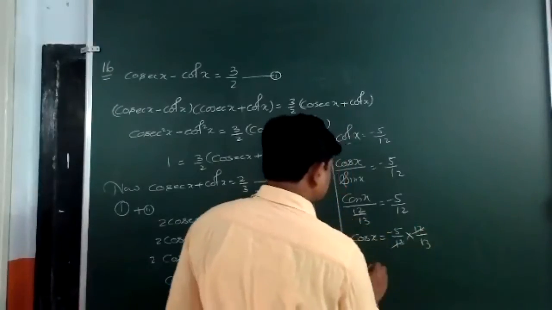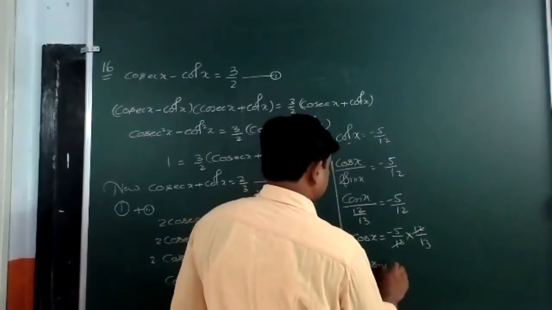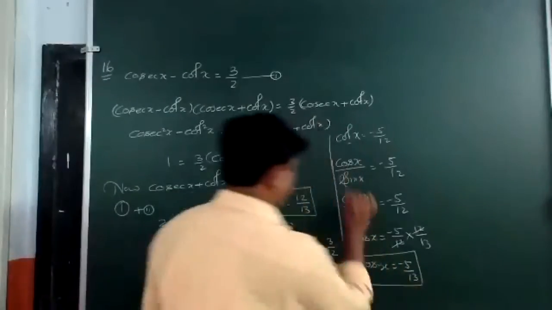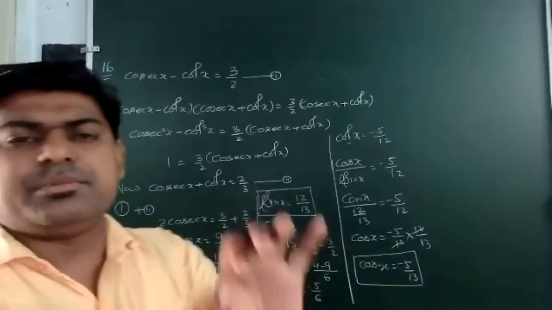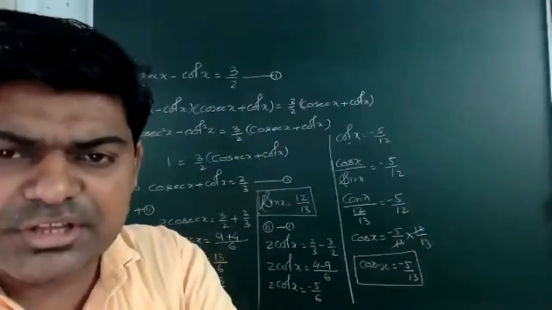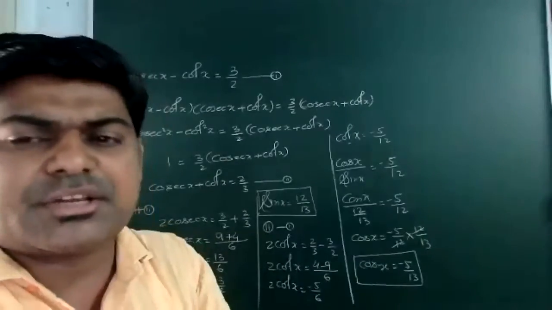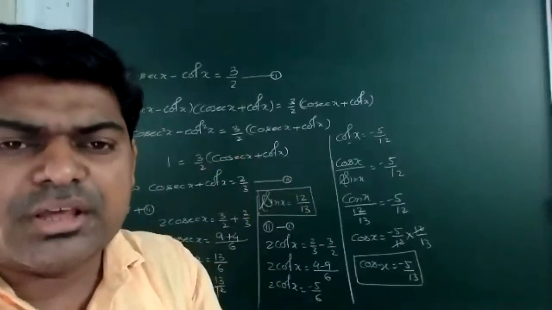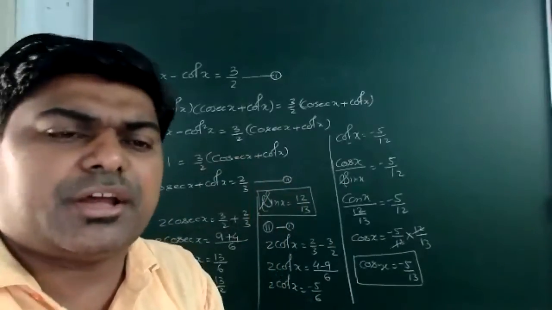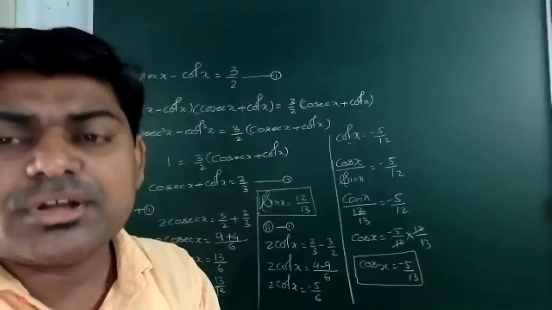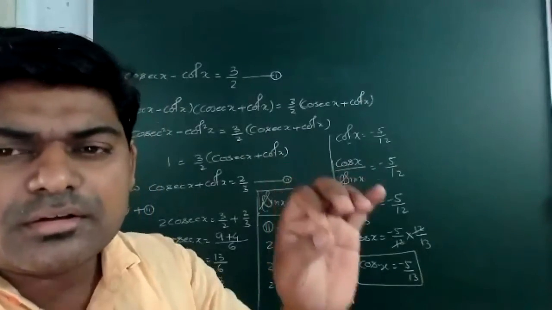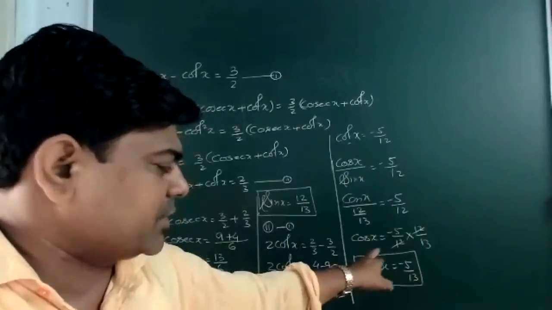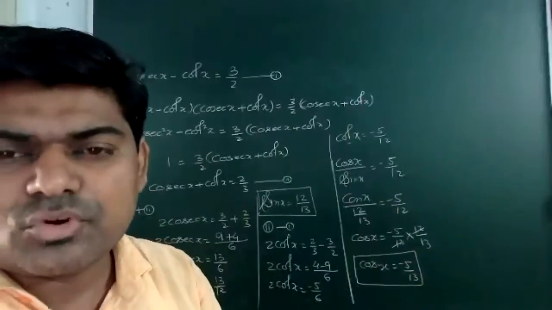They can cancel. Now see, the result is the same as we had got in the previous method, but in this method we are able to say it will be in second quadrant. And the reason is there. We may write the reason: since in second quadrant only sine is positive and cot is negative, that's why x will be in second quadrant and the value of cos x will be minus 5 by 13. Okay, you are getting me.